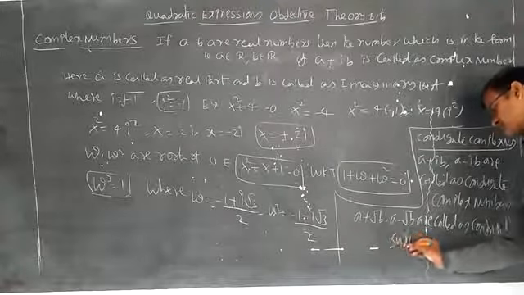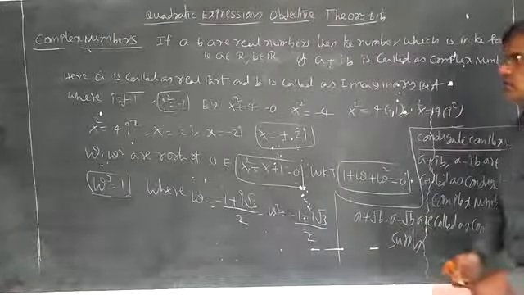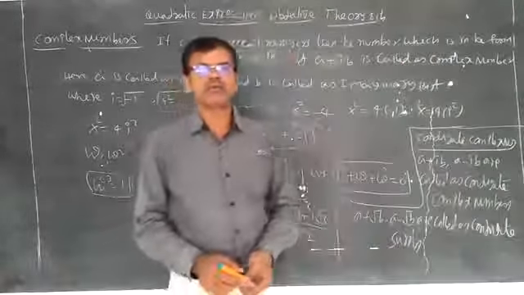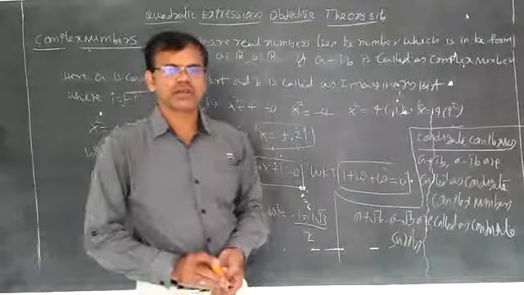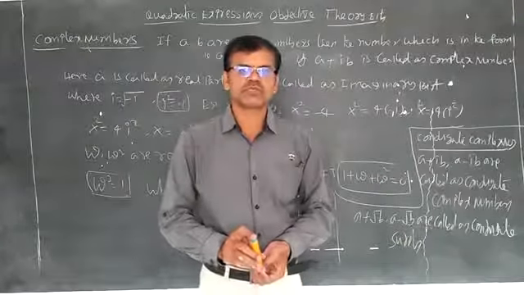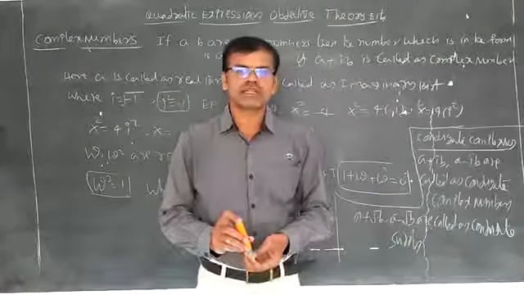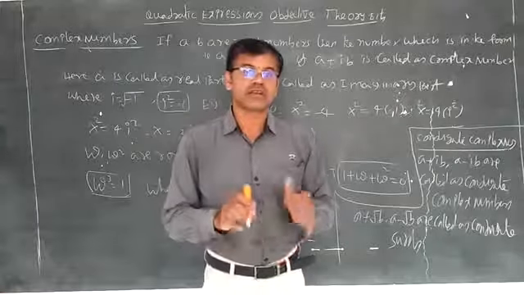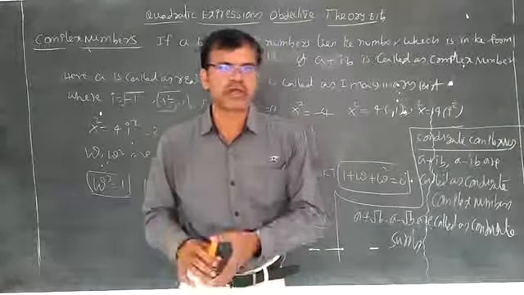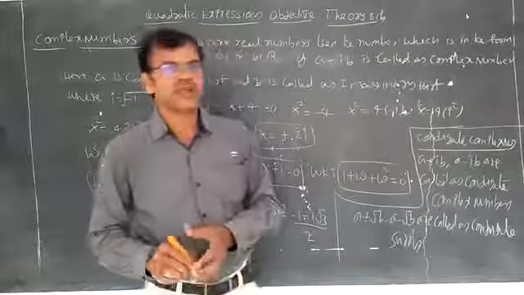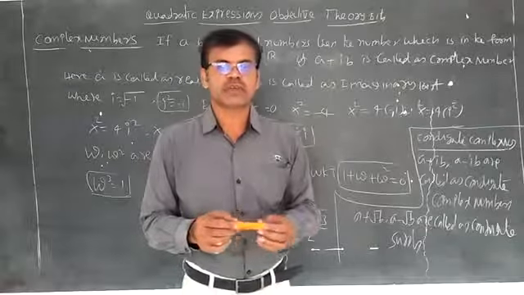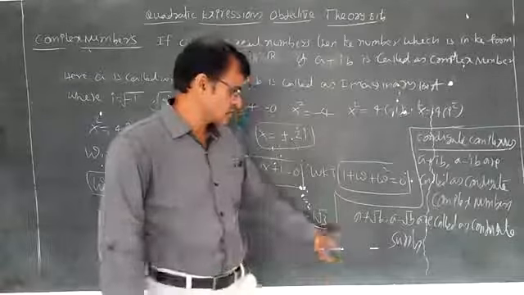These are called surds. We have learned in intermediate that if a, b, c are rational for the quadratic equation ax² + bx + c, if delta is greater than 0, then the roots are rational and distinct. If that delta is a perfect square, then the roots are simply rational. If the delta is not a perfect square, then the roots are conjugate surds.